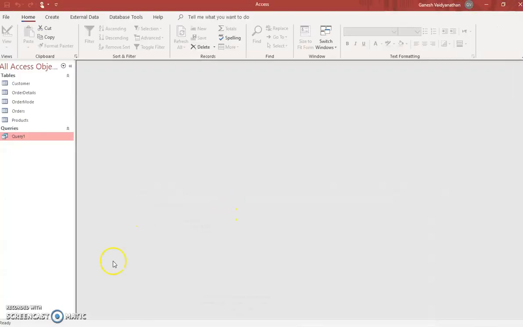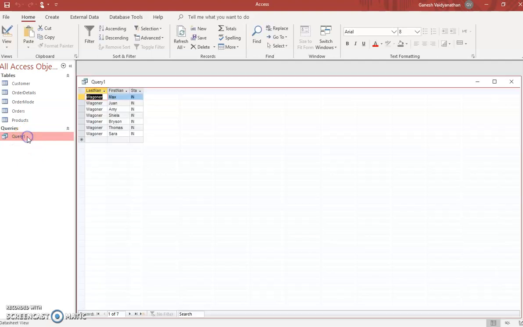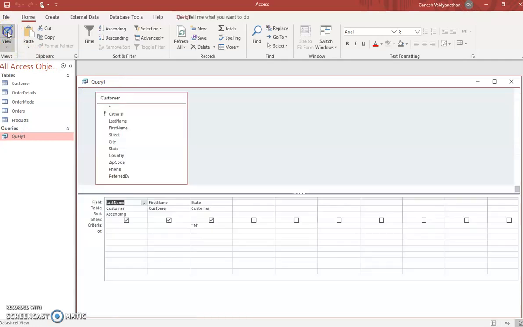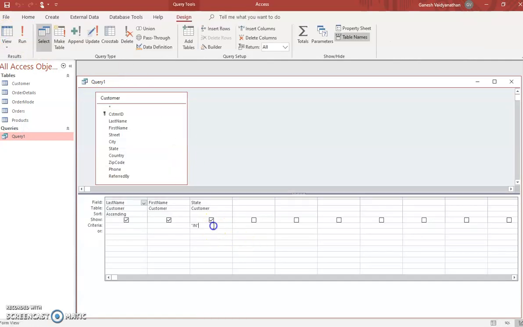So for that, I can go to my first query itself, and then I can go to my design view. And here I'm going to do what... hang on one second. Okay, so I'm going to do the query